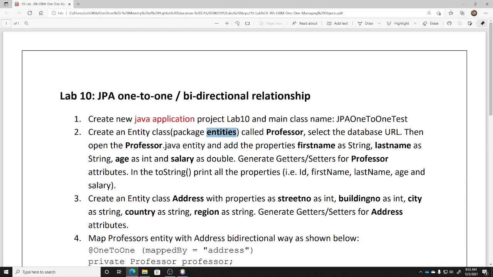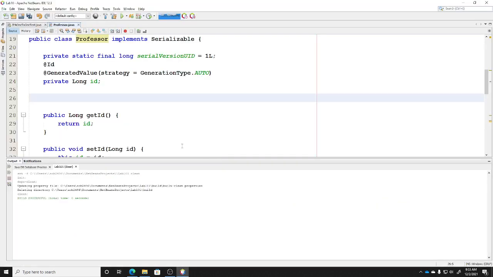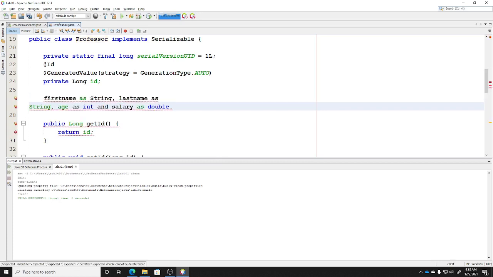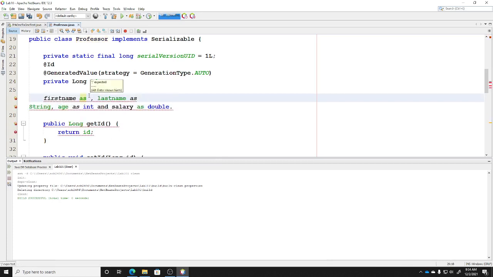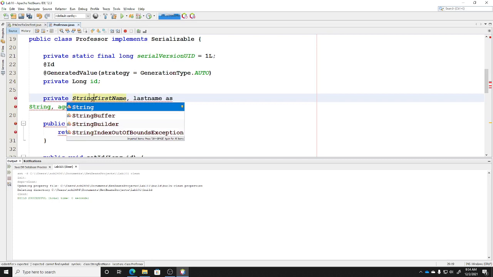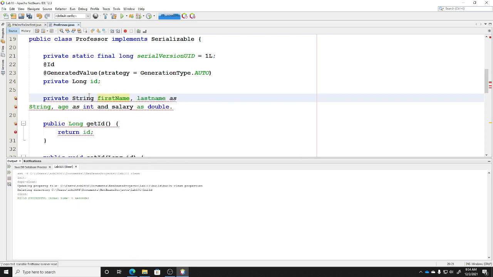Now open the professor Java entity class and add the properties. I'm going to give first name and last name as string, age as int, salary as double. First name, I'll make one small change, putting a capital, only for naming convention. Private String first name,